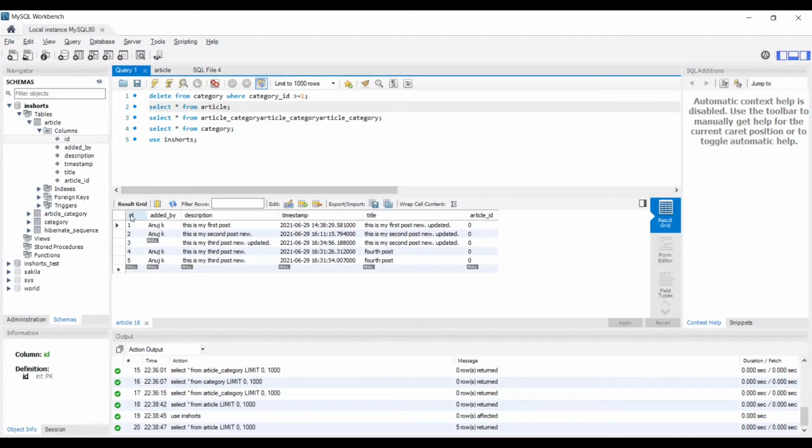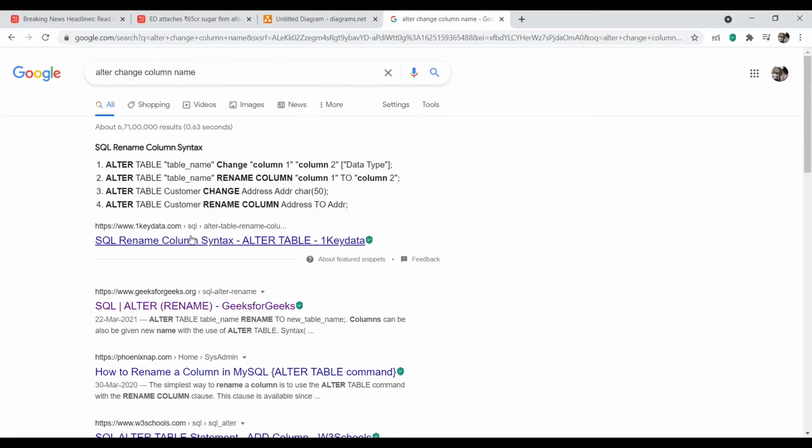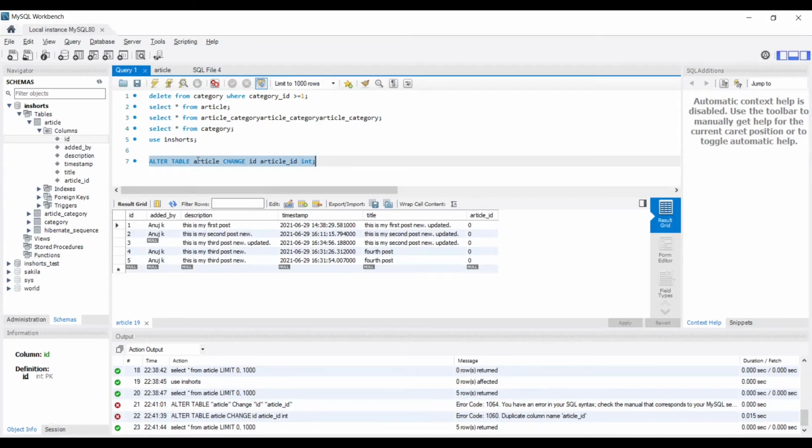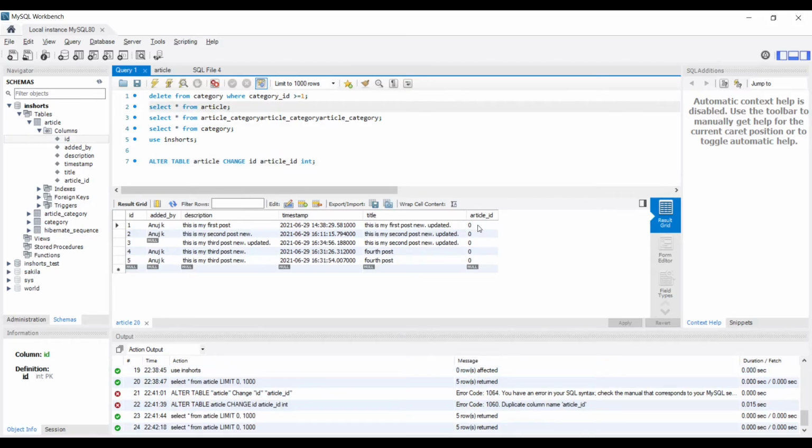Now to fix this problem of getting an article ID, you can just drop this database and start the service again, and it will create a new database. But I don't want to lose this data, so I'll just hit an alter command and let's see. I think if you use Google for these kinds of queries, you're a legend. Salute. After doing a Google search and finding this query, I found that this ID is already present and it's been added by Spring itself. I was thinking that it would modify this ID to article ID, but it didn't do so. So I guess I'll have to drop everything.